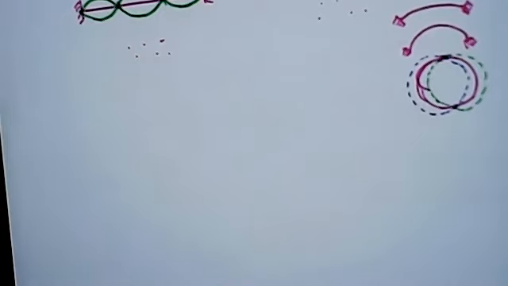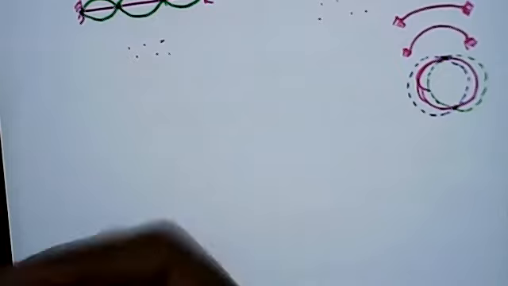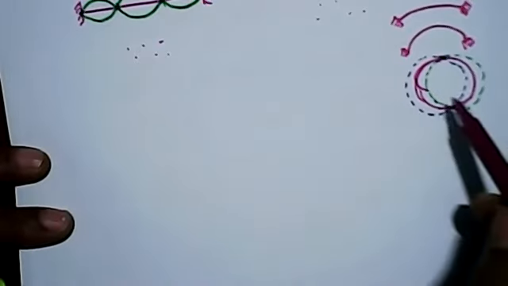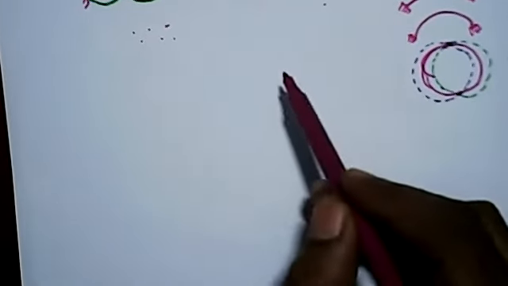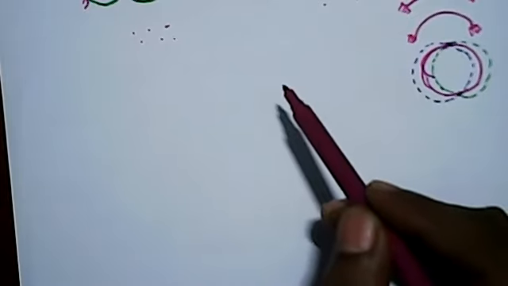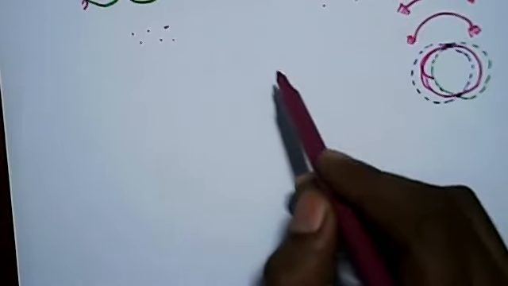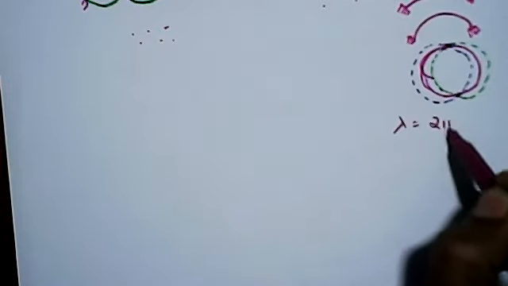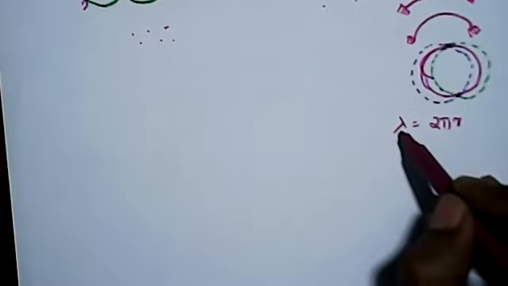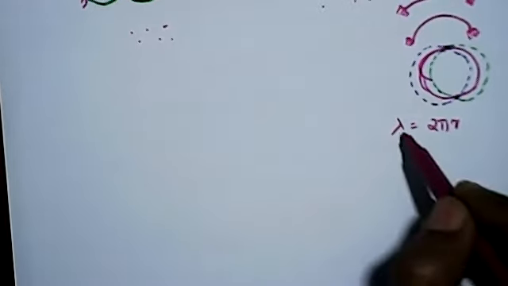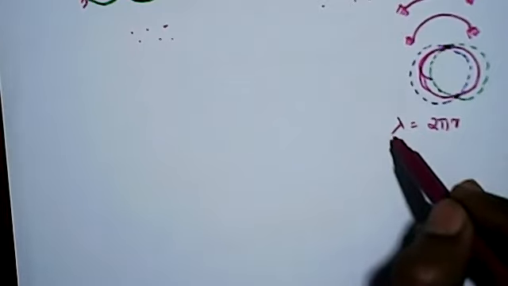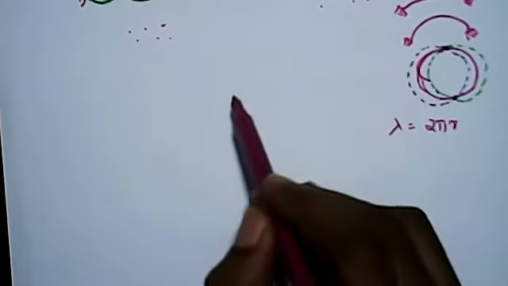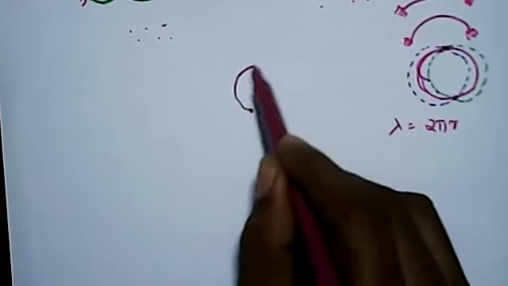Okay, so one circumference means one wave. Now another possibility is like this one. The next possibility is there can be two waves. Okay, so this is the circle. So this is lambda equal to 2 pi r, circumference equal to only 1 lambda. Now the next case is circumference equal to 2 lambda, and that can be drawn like this. Suppose this is the same circle.